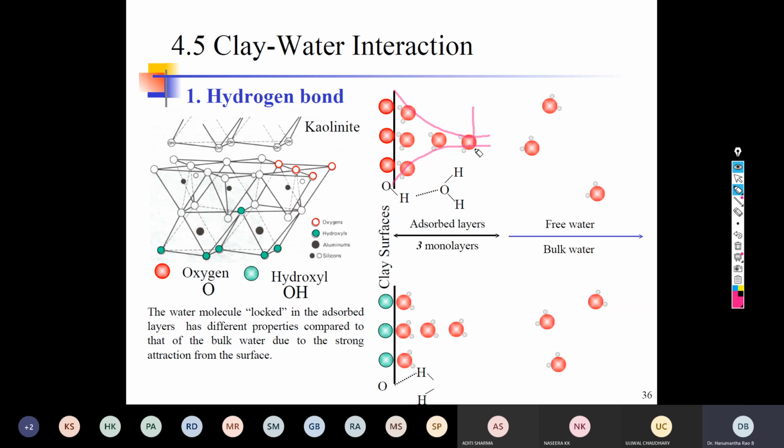Until this point there is a charge, and behind this point there is no charge. So the water molecules attached to the clay particle because of the charge deficiency, this layer is called the adsorbed layer. While the water behind this adsorbed layer is called free water, where it can flow because of gravity, pressure or any forces. This is free water, freely moving within the pores. This is adsorbed water held by the clay particles.